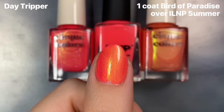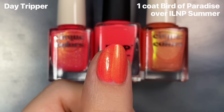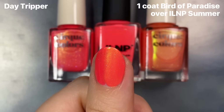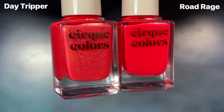So here I tried to layer one coat of Bird of Paradise over Summer to give it that golden shimmer, but I feel like because of that peachy orange base color, it just lightened it up a little too much. It's still absolutely gorgeous though. I love this color combination, but to go for a little bit of a darker base, I wanted to show